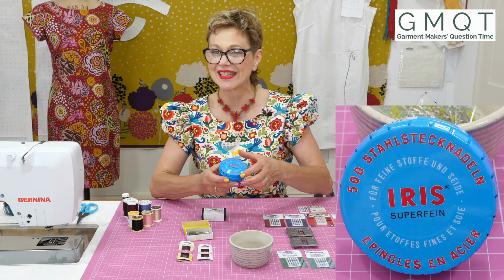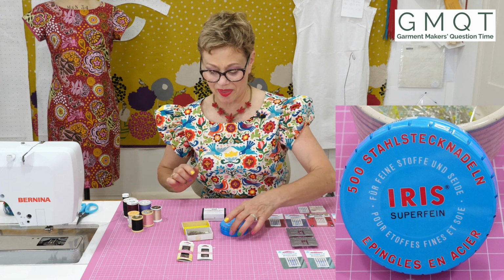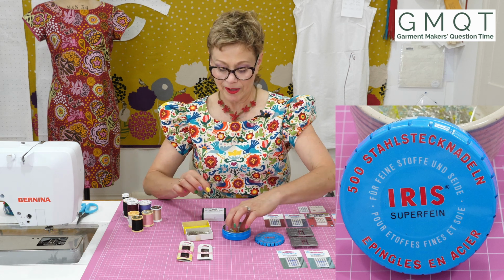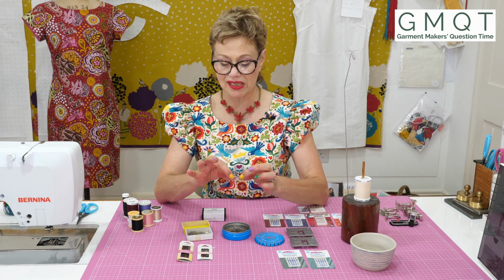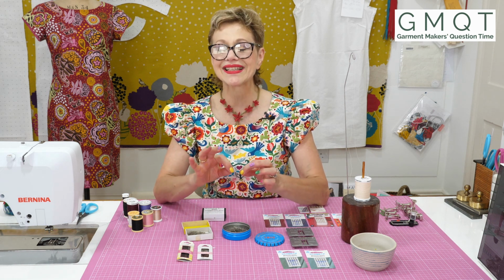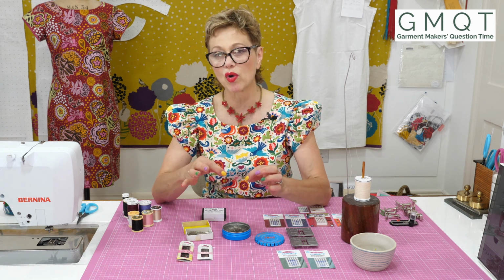They come in this lovely tin. I'm just going to make a clicky noise as I open it. If you press on the top there, the lid pops off. Now this is a more conventional pin in that it doesn't have the glass head. It's a little bit thicker, but it's still nice and fine, and it goes through those a little bit more robust